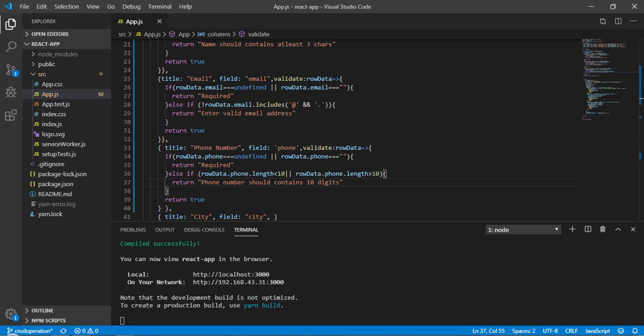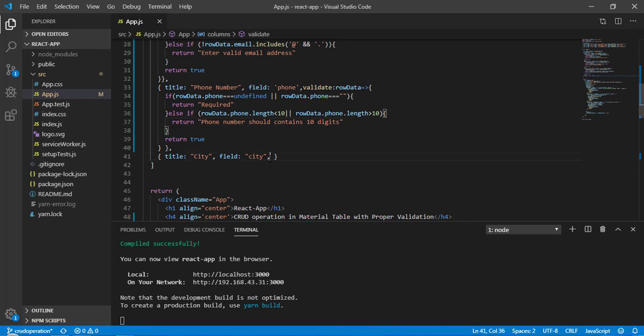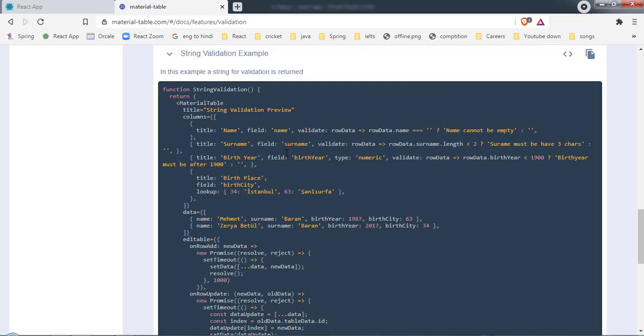What if you want that one to be optional but you want to show some messages? For that, here we can write validate, and here row data, and we will return an object. It should contain 2 key pairs.